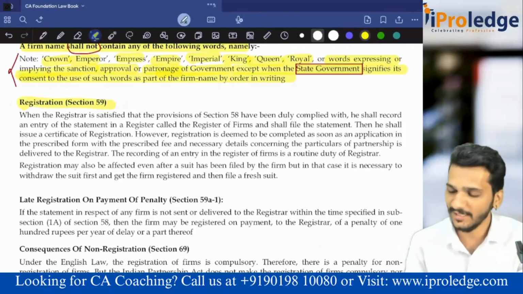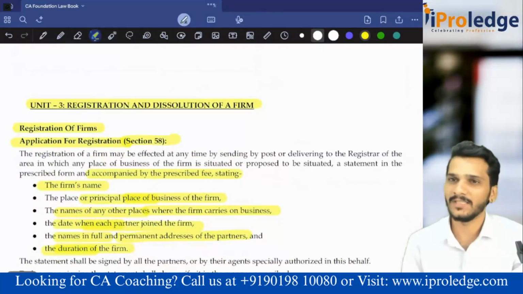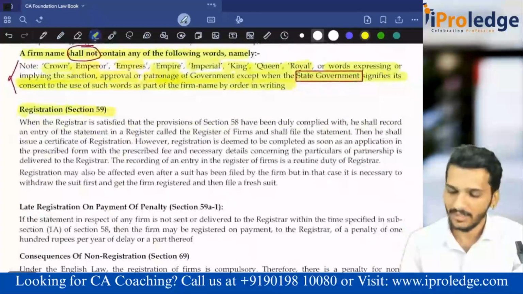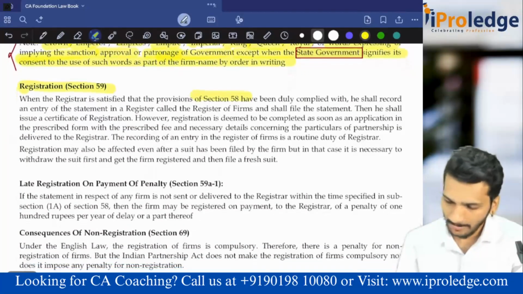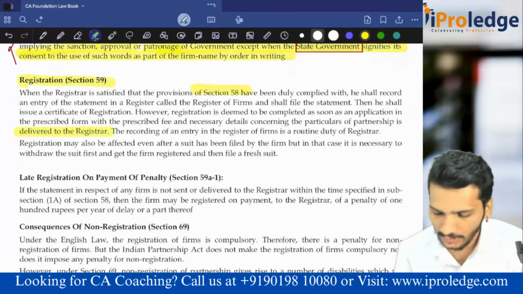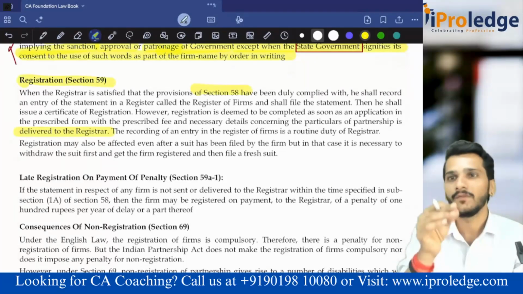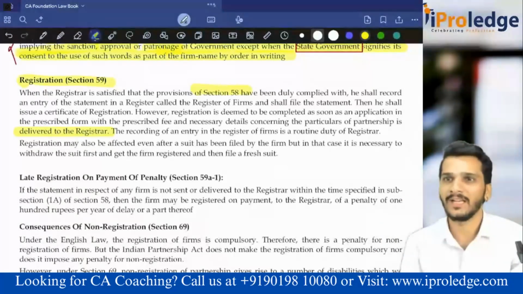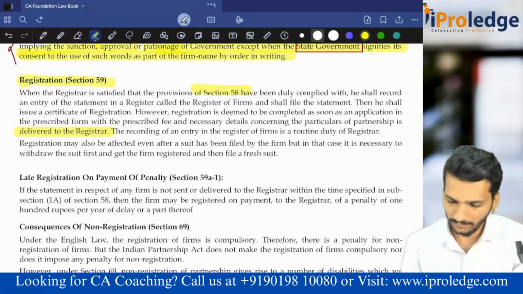Okay, registration is there in section 59. That section 59 means you have to comply with section 58. That's what they say. You have to make an application under section 58 by following all those things. The name should not contain all this, and you have to file, deliver all those documents to the registrar. It is not an online application. You have to go offline and file that. Actually, this ROF, registrar of firms, will be there in a place called a sub registrar office. Alle irte generally.